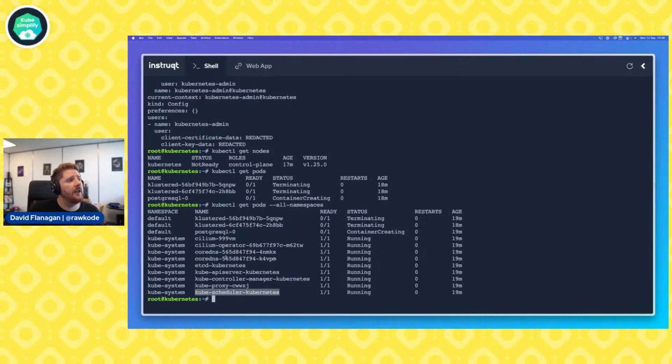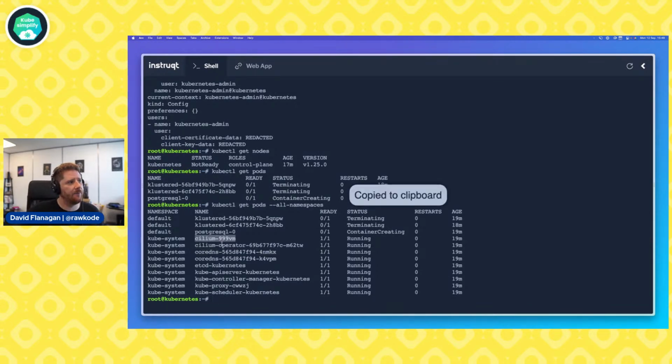Beyond the control plane, another vital part of all Kubernetes clusters is some sort of DNS resolution. If you're running an older Kubernetes cluster, you may see kube DNS here. But most, if not all, modern Kubernetes installations use CoreDNS by default. This just means that if we issue any dig or curl commands that use a cluster.local, and that's configurable, DNS name, then they'll resolve within the cluster because of this DNS server.